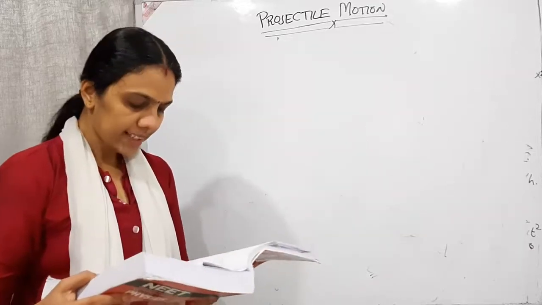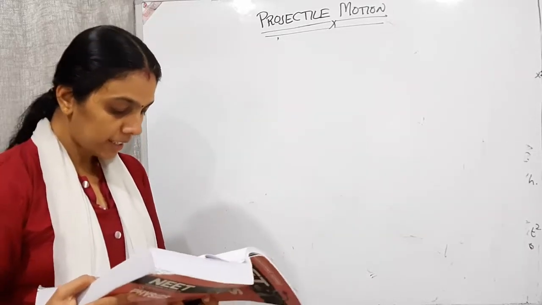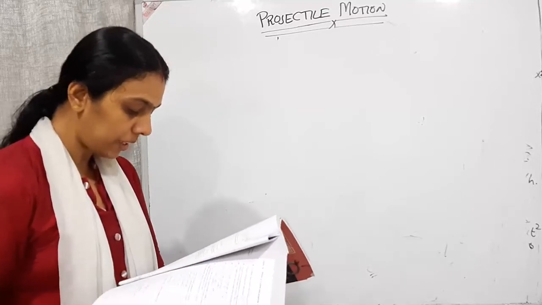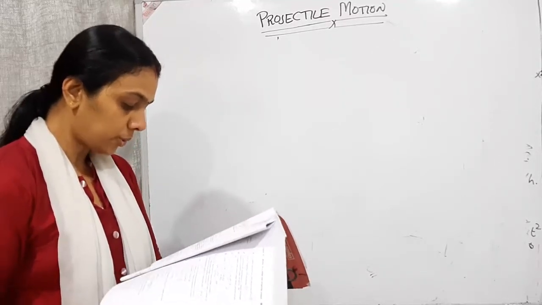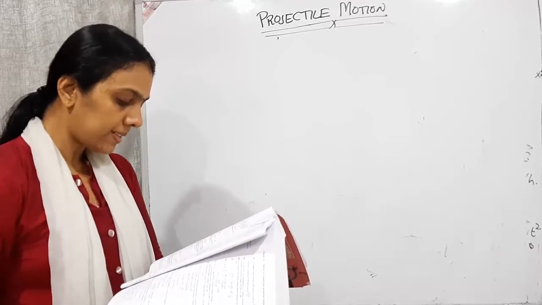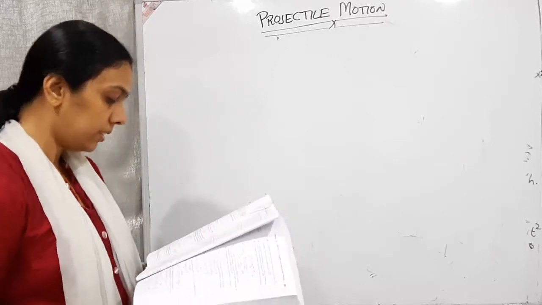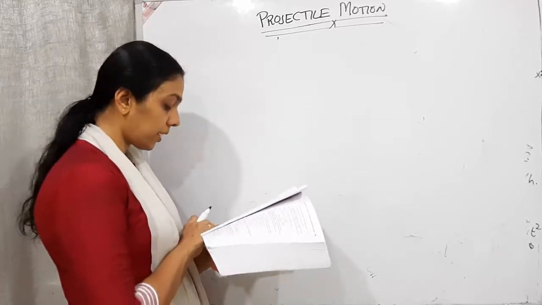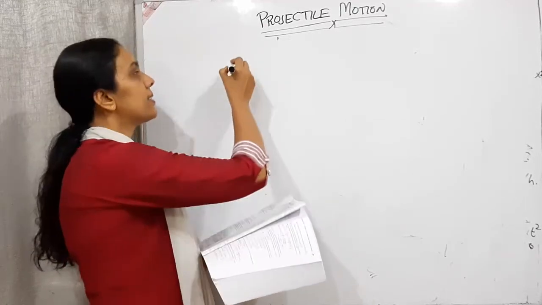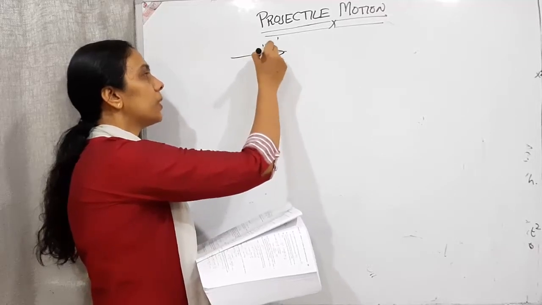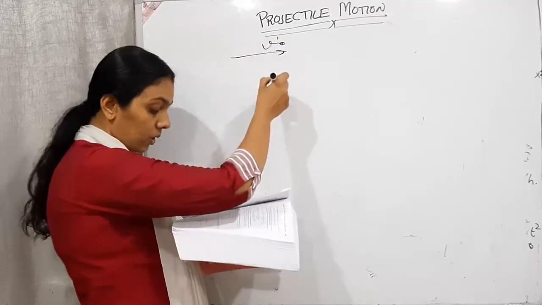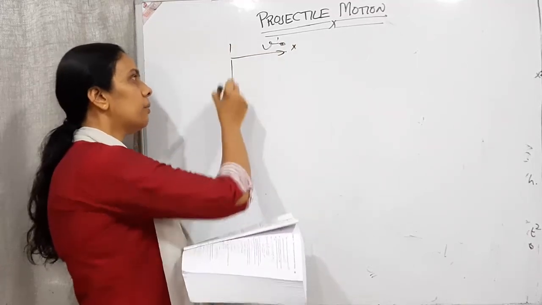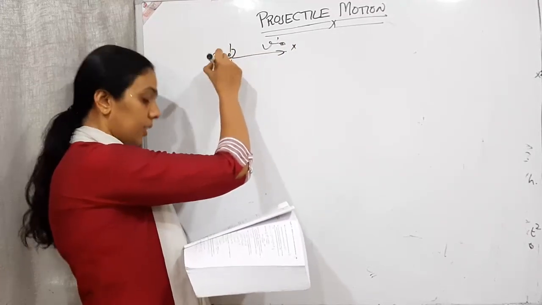Clear? Next question is, a man standing on a hilltop projects a stone horizontally with a speed of v0 as shown in the figure. Taking the coordinate system as given in the figure, the coordinates of the point where the stone will hit the hill surface are? So here it's given that it's moving with velocity v0. Along this is the x-axis and this is the y-axis. Here 0, 0 is the coordinate origin.